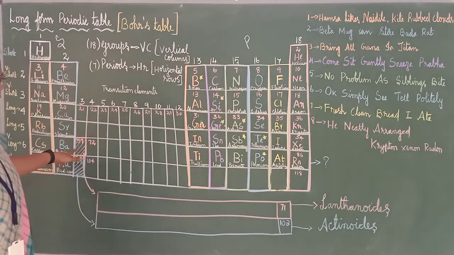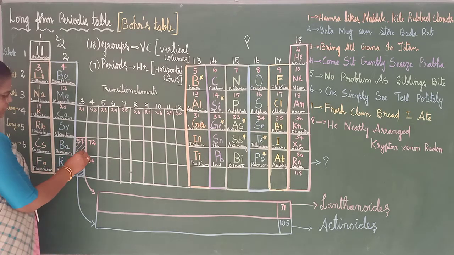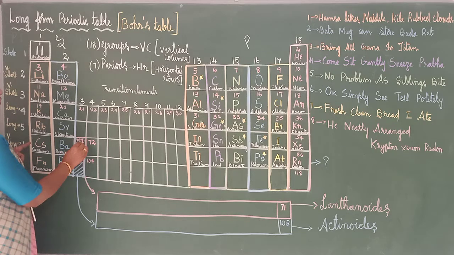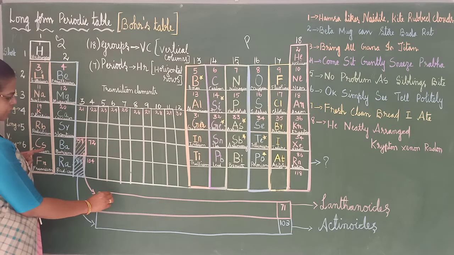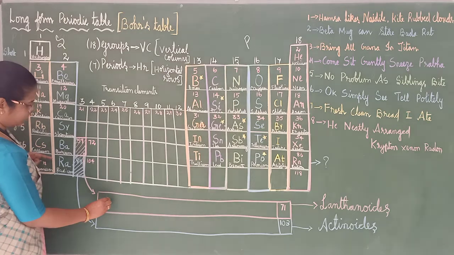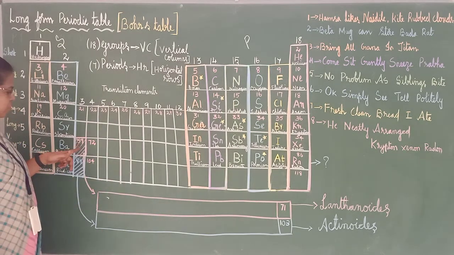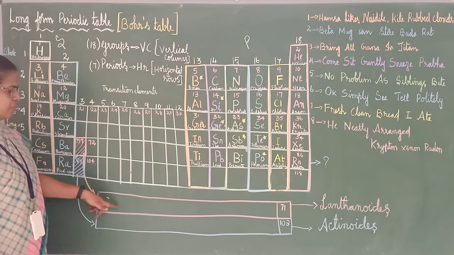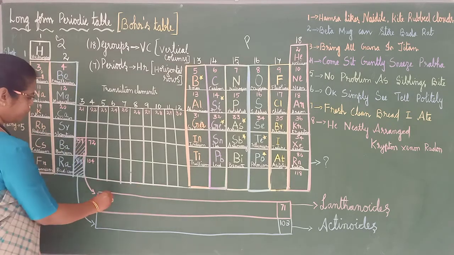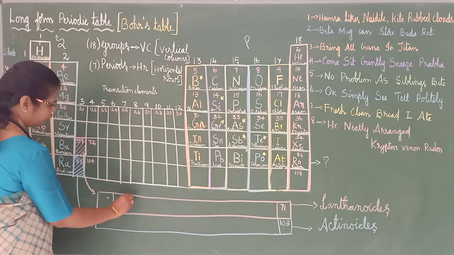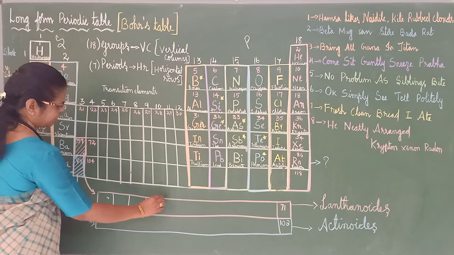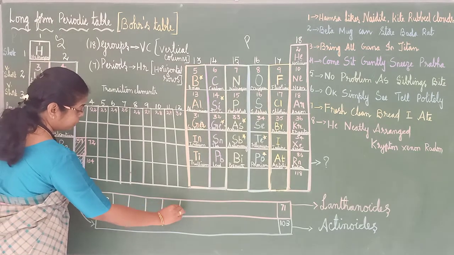See here, I have just shown that this will come here. After this is 57, from 57 to 71, that is 32 in total. So 57 to 71 will come down. Why have they put it down? Do you know the meaning? Do you know the reason why they have put it down?